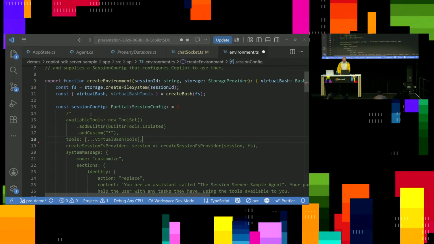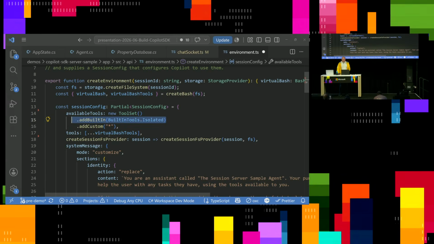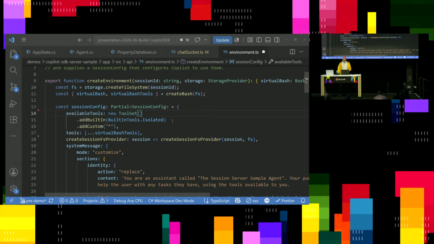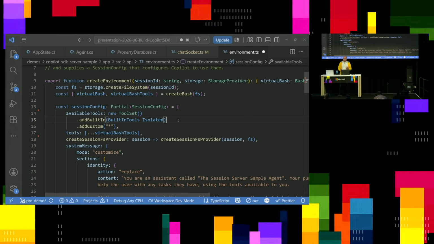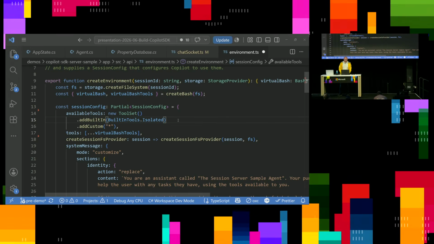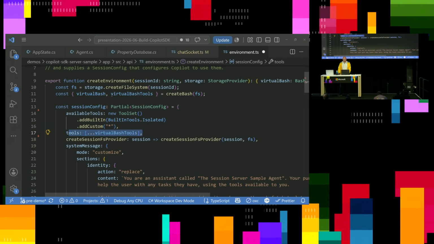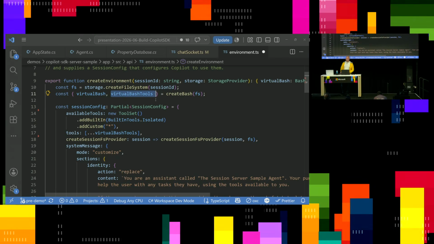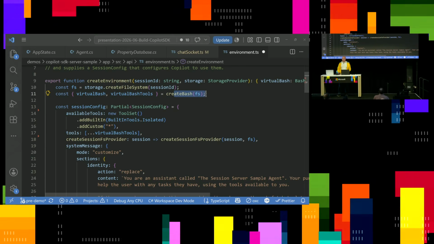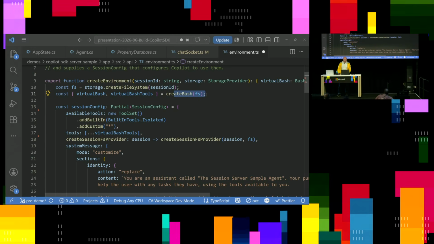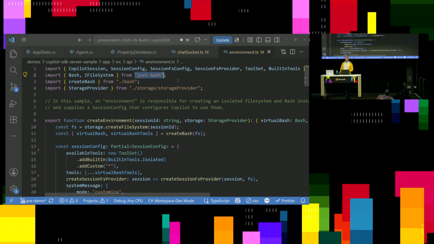And that's what I'm doing up here. So I'm saying the tools that you've got available here are the built-in tools, but only the ones that are isolated, which means that it excludes any tool that would be able to access the native host machine. And I'm also adding some custom tools, and the custom tools I'm adding include a virtual version of Bash. So this virtual Bash here is wired up to the same virtual file system that I just showed you a minute ago. The implementation I'm using for virtual Bash is coming from this third-party library here called Just Bash, and